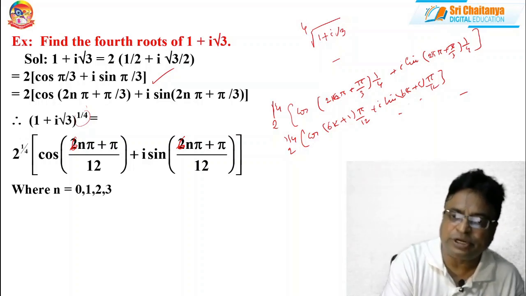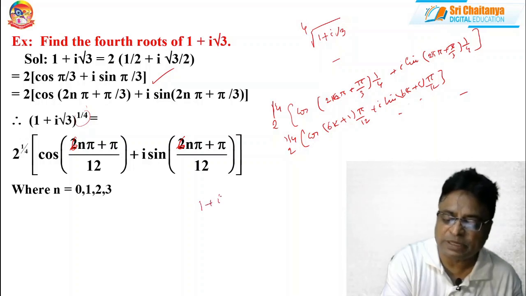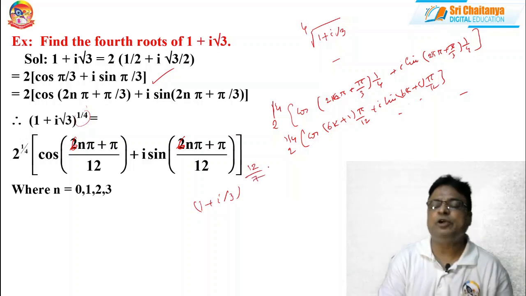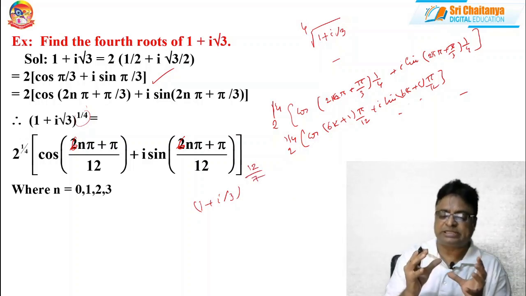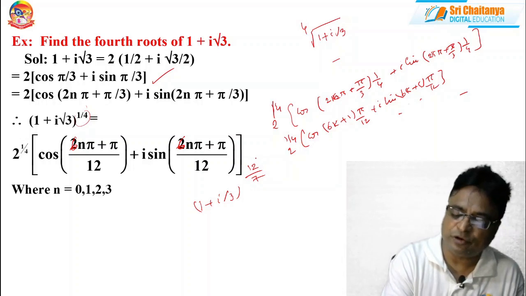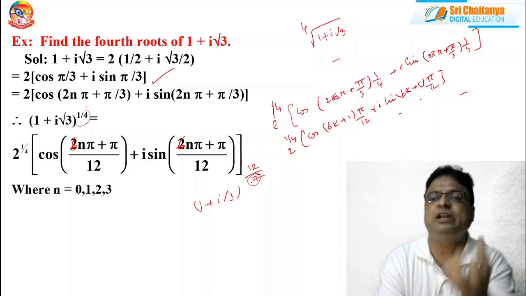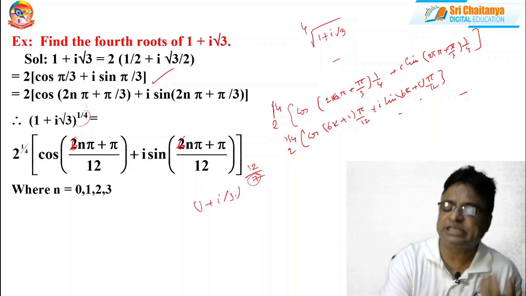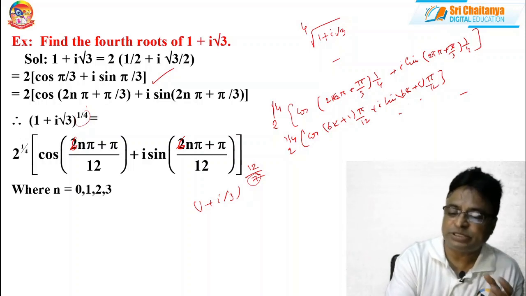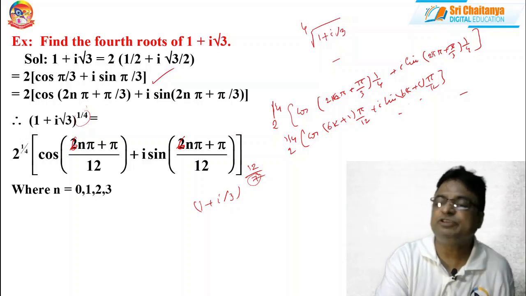And moreover, don't get any confusion, my friends. The most important point is, suppose I ask how many values will exist for (1 plus i root 3) whole power 12 by 7. Then immediately you have to say that this complex number has 7 different roots, 7 values, because it is in the form p by q, there is no common factor for both p and q, and the denominator is 7. So it has how many roots? 7 values will exist. Okay, that is an important point to remember. Don't say that the bigger number is 12, so this complex number possesses 12 different values, which is the wrong answer.